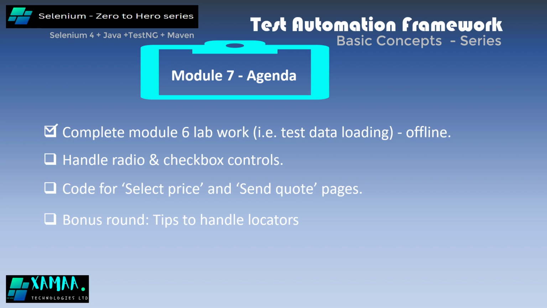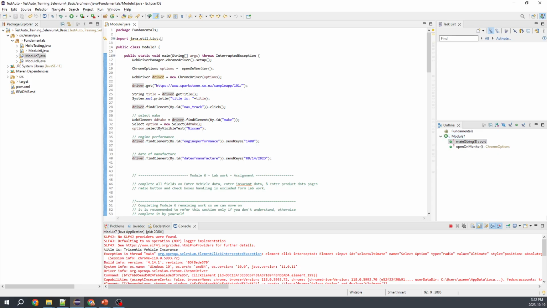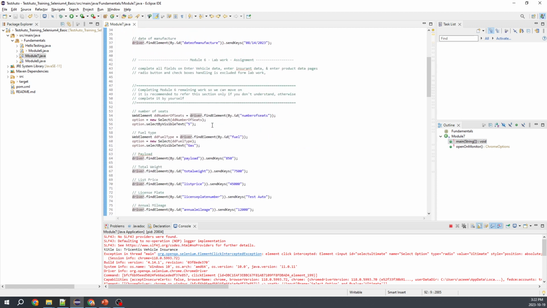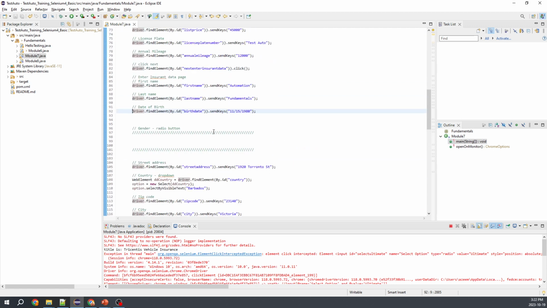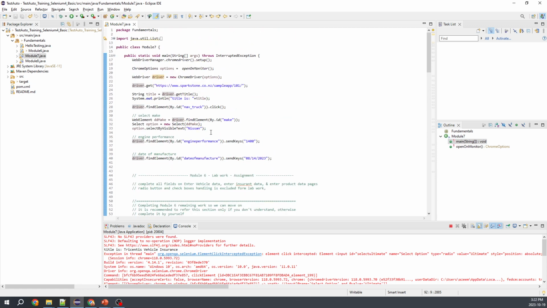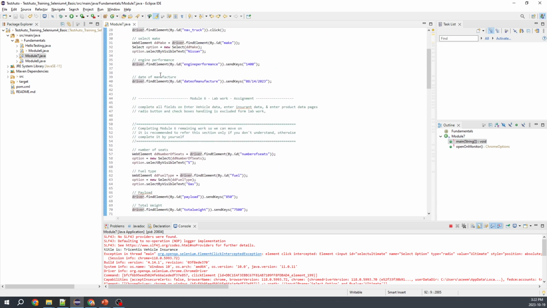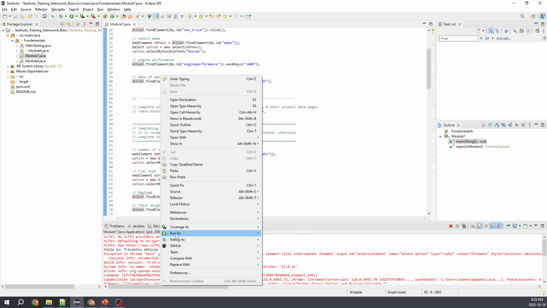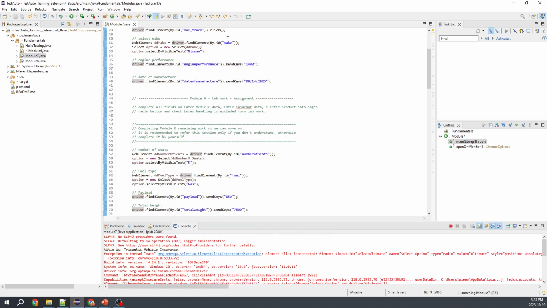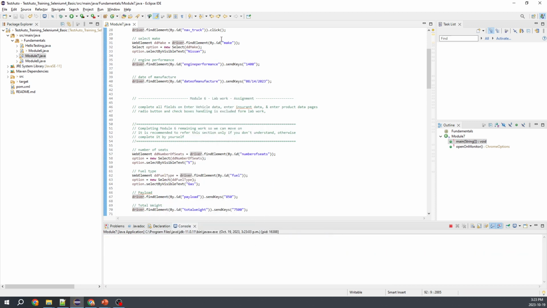Let's start our project. I've opened Eclipse IDE, and if you notice, I have completed all this. This was the lab work. So where I am now, let me run it, then we'll see. If I run this as a Java application,